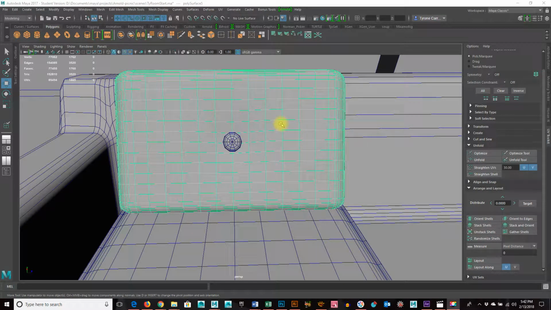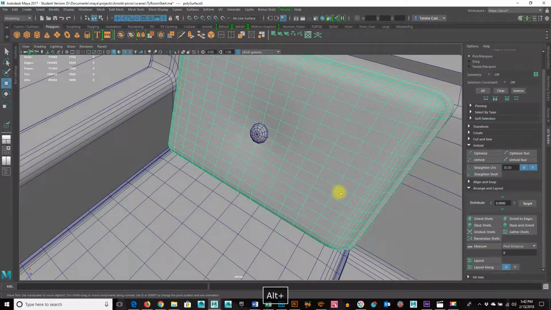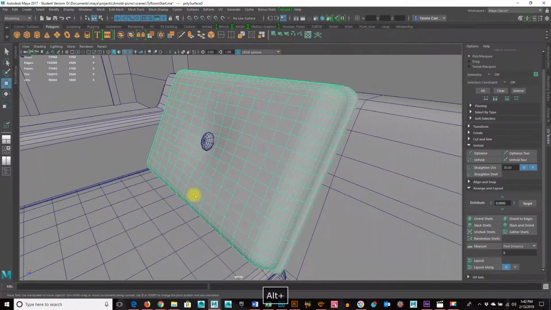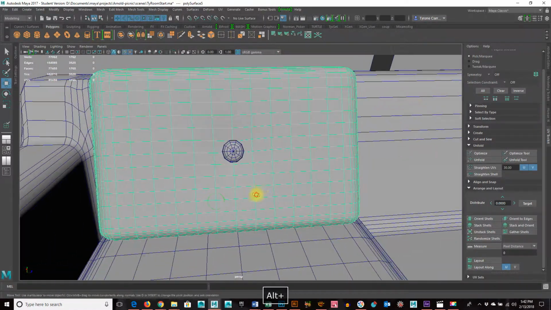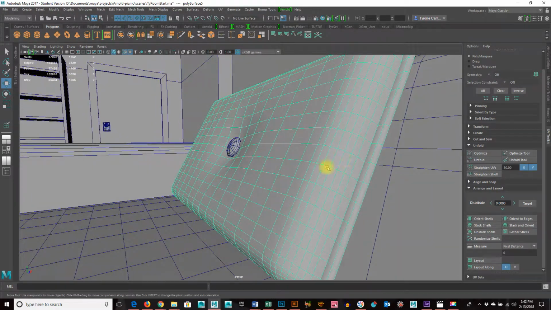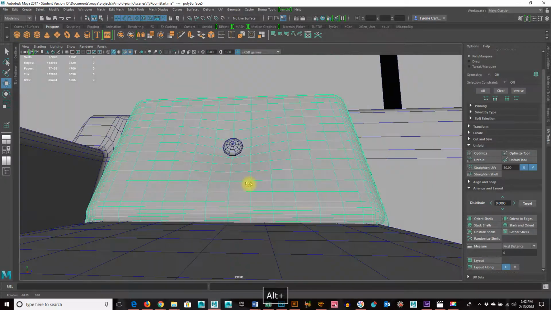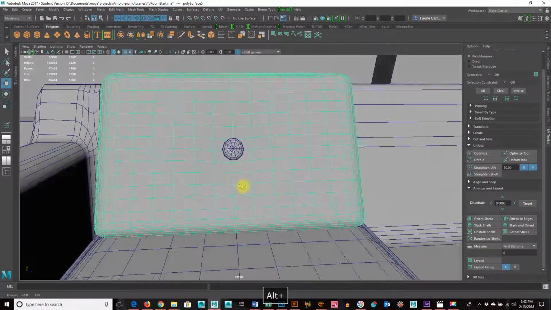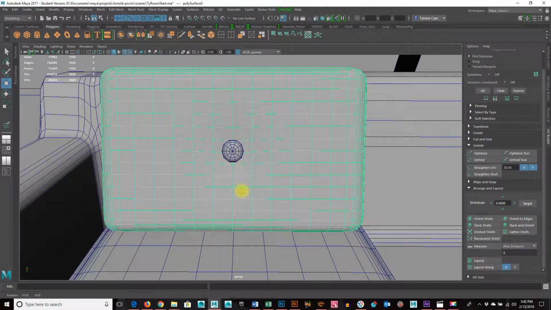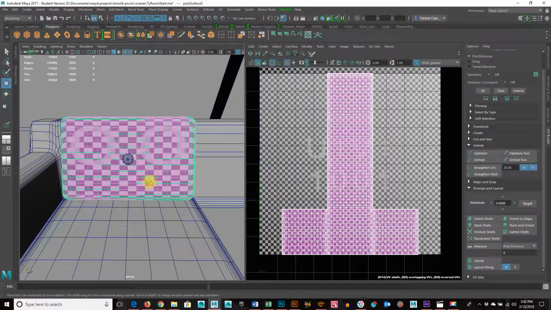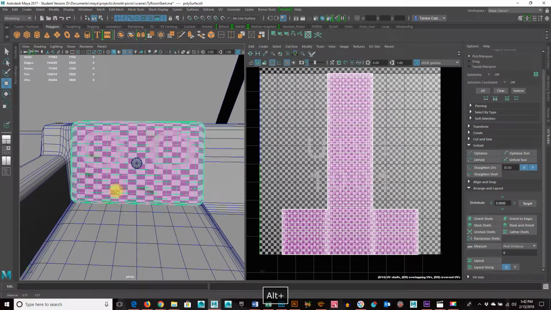Alrighty, so now we get to do the other pillow, and then we'll do the couch. So we're just going to do this one a lot faster. This one is interesting because it's at an angle, which ideally when you're UV mapping things are on a perfect XYZ axis, and this one's kind of in the middle, but not that difficult. So what I'm going to do with this one